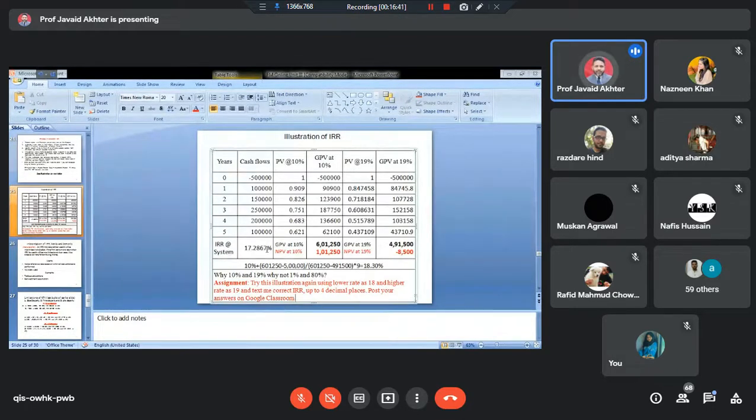You see a figure mentioned here in this column where the cursor is blinking. IRR at the rate of system 17.2%. If we work out IRR of this data using the Excel function, the answer is 17.2867%. Why is it that these two answers differ so drastically? In one case it is 18.3, in one case it is 17.28. Almost 1% difference. Why is it?